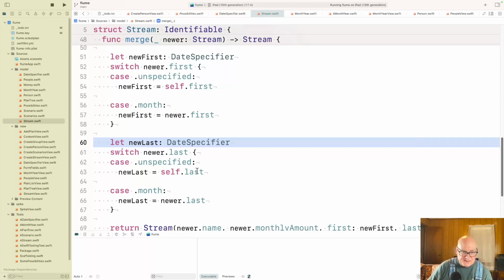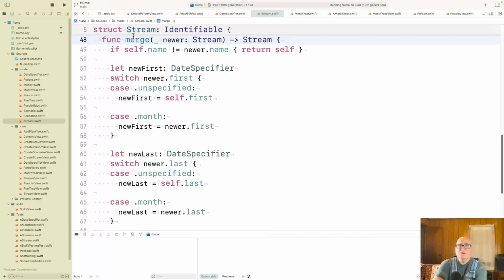All right, but the key thing is, I think that all this stuff is about a date specifier. It's not about a stream. Now, the only piece that is about the stream is the fact that it's newer.last. Also, I don't think the merge name newer helps a little bit, but I think a better name would kind of indicate we're getting changed.